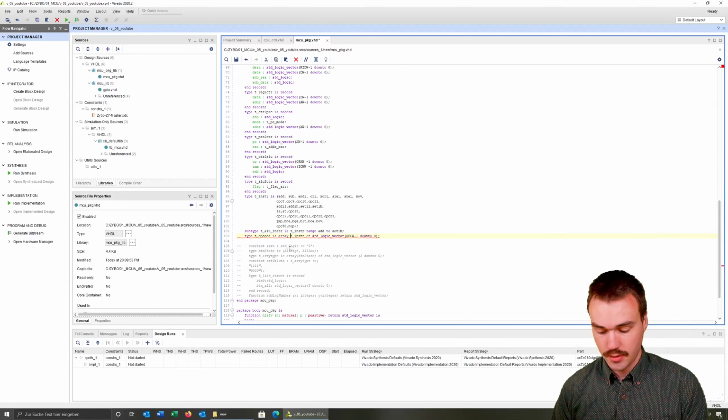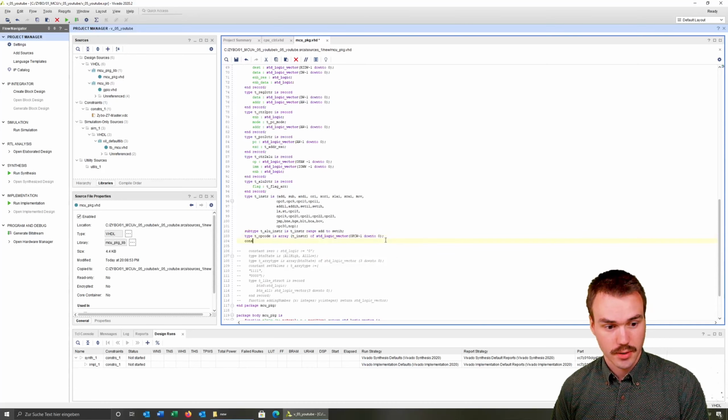Yeah, and here we have to write brackets, otherwise it is not correct. And then we can make a new constant, operation code of the type operation code is equal to, and now